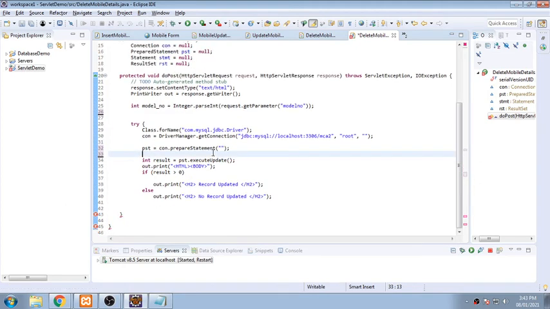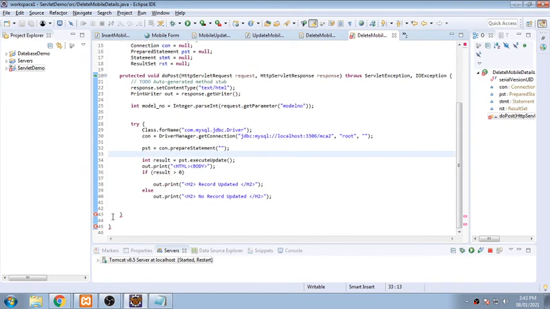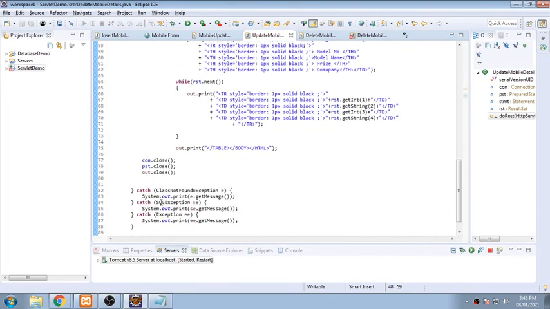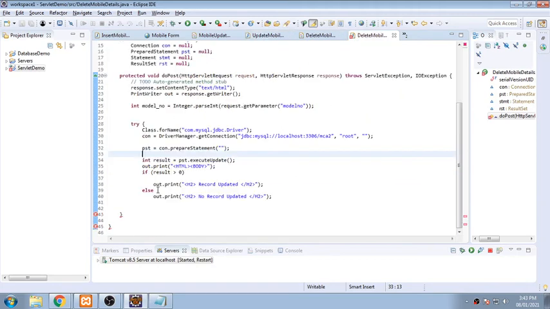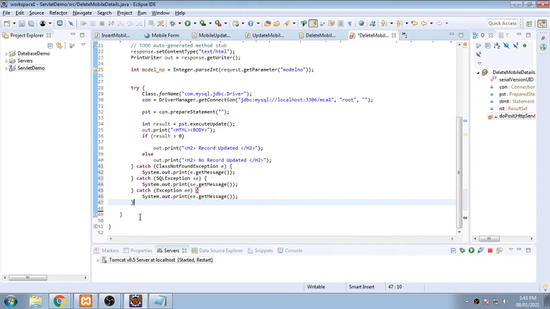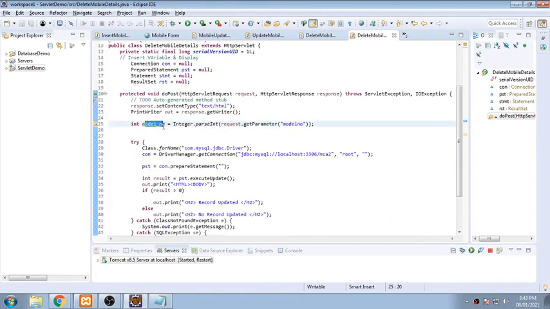Now you will be using here the mobile number.